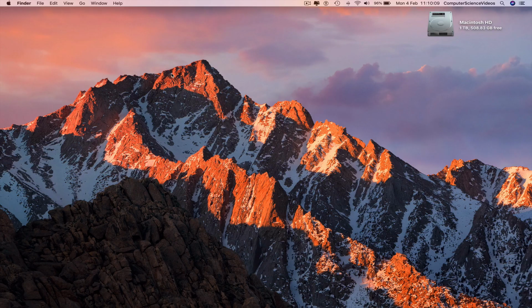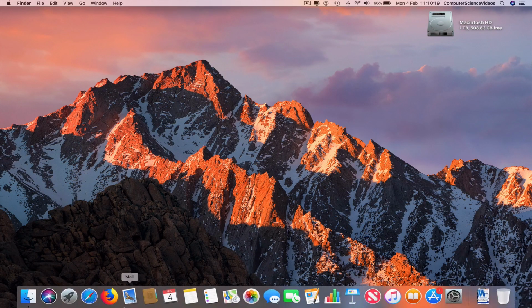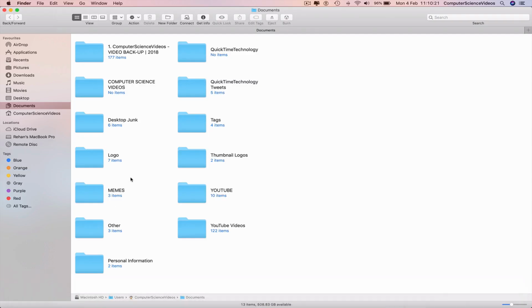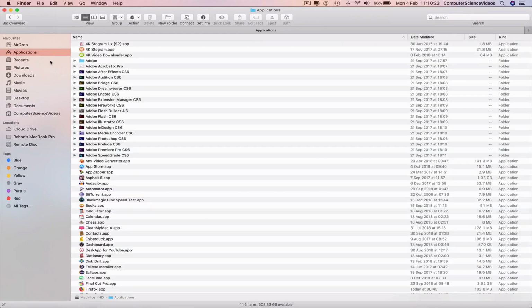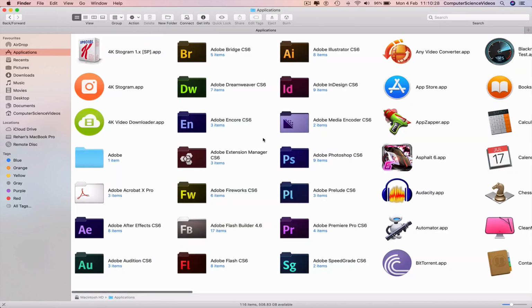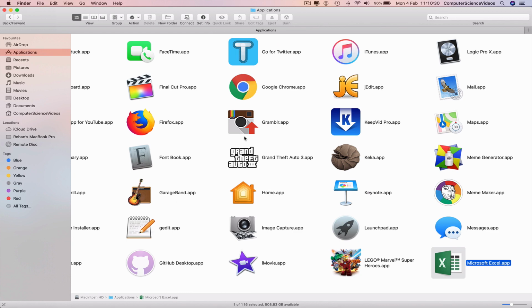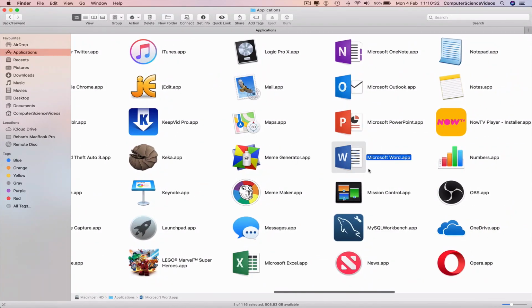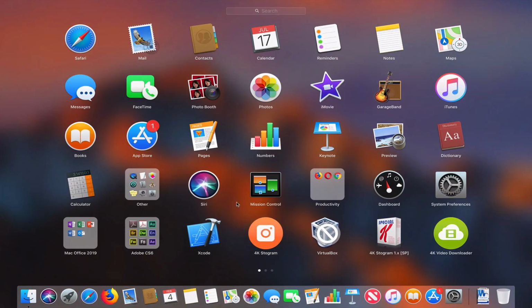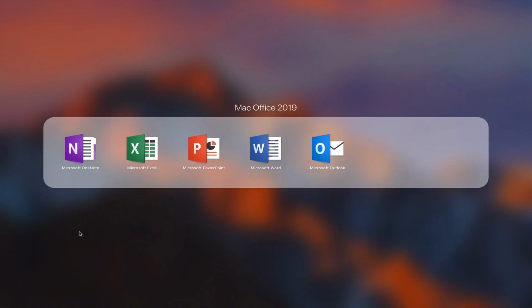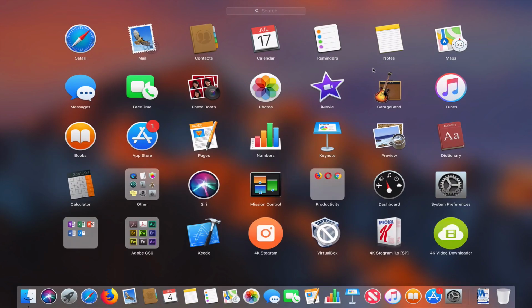So the first thing you need to do is actually go to the software, the program located on your computer, Mac. So I would go to the dock, click on Finder, then navigate to Applications, click on Show Items as Icons, navigate to Microsoft Word. I can click this from here, or I can go to the Launchpad, click on the folder, click on this,